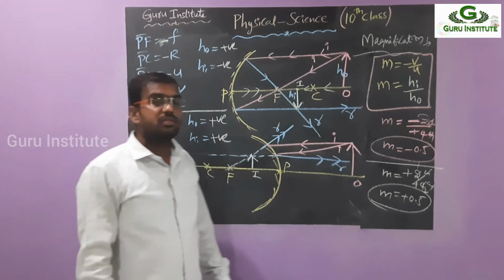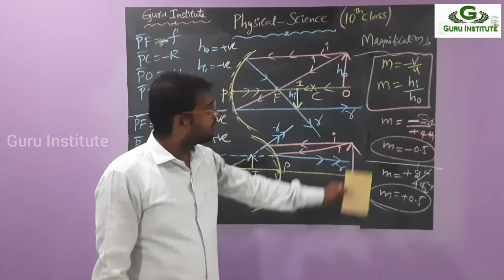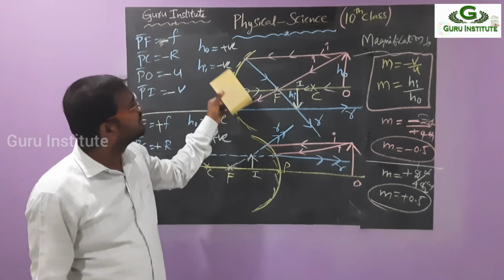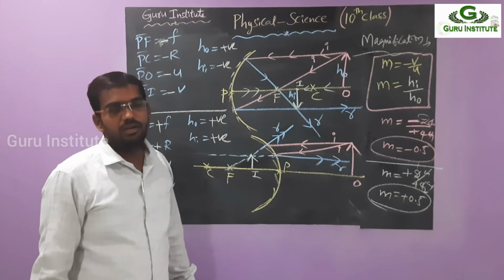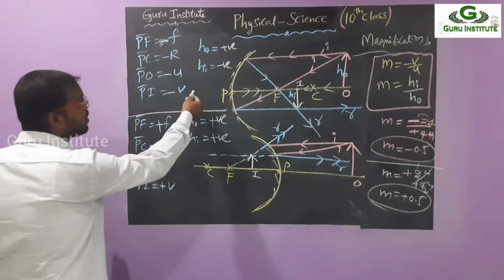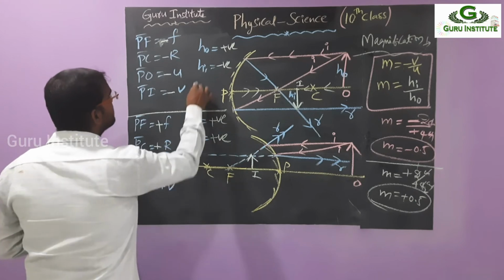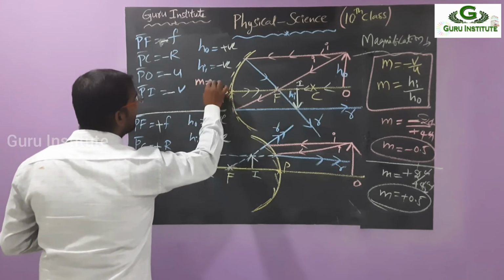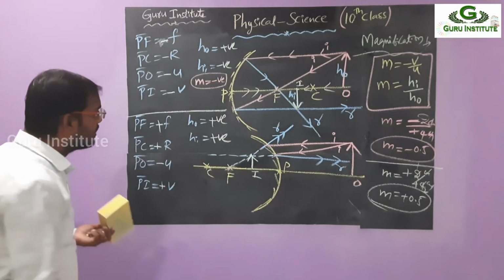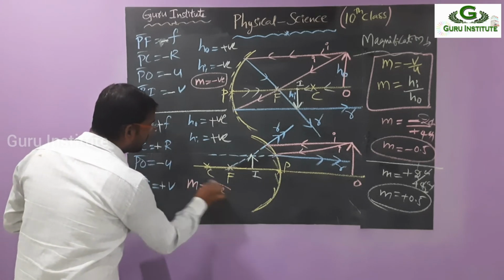Okay, right. So then, sir, what about negative and positive? Simple logic. If your magnification value is negative, then it shows which one? Concave mirror. If your magnification is positive, it shows which one? Convex mirror. The last property in this one, magnification. So this magnification is also a negative value, then that is a concave mirror. That's why I am drawing that example. If its magnification value is positive, what can you observe?